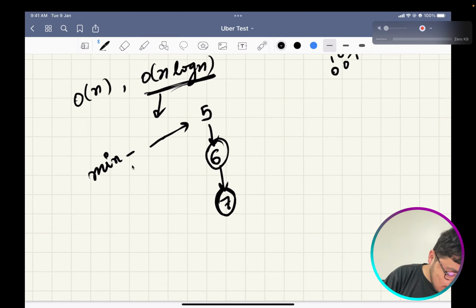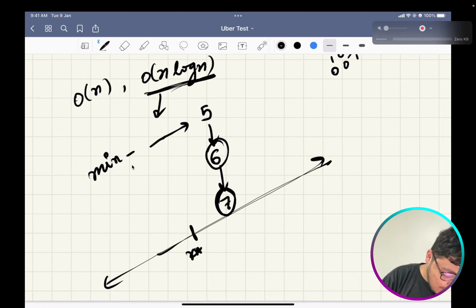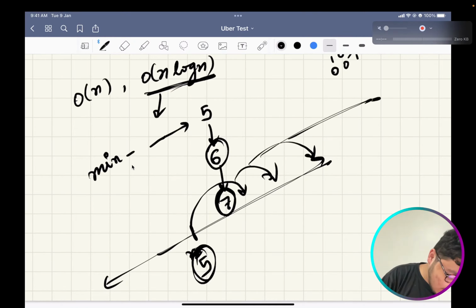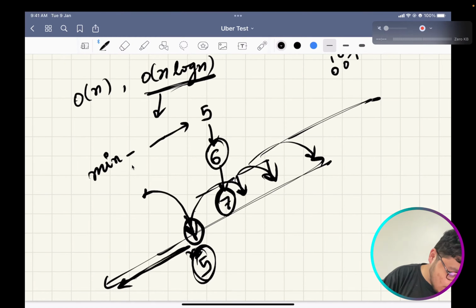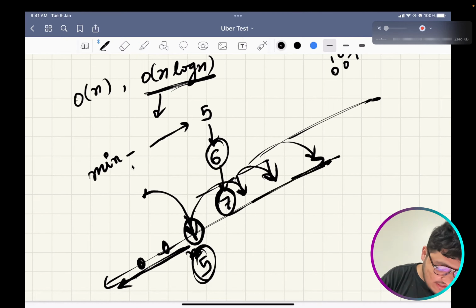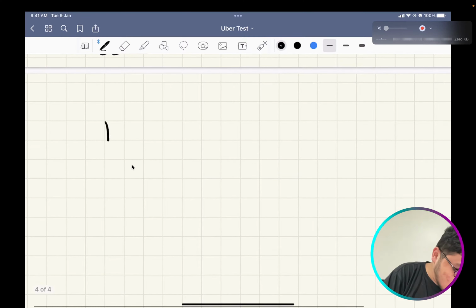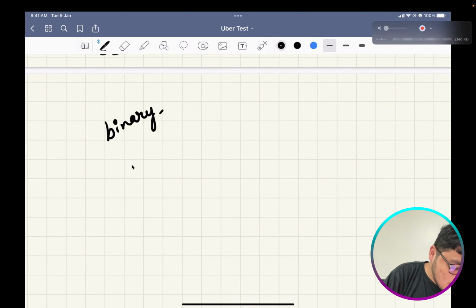So let us say this is your number line, and for 5 your answer is possible, and I am saying for 6, 7, 8 and everywhere, if the answer is possible for 5, then it would also be possible for these. So you would return only 5 in that case, or you would return values less than 5 if the answer is possible in those values. So you won't be going in this direction, right? This gives a clear intuition for using the binary search technique over here.